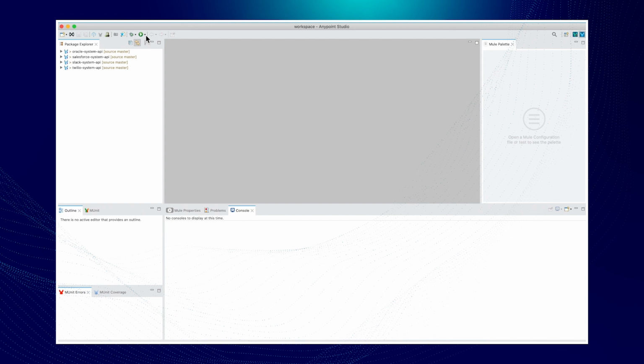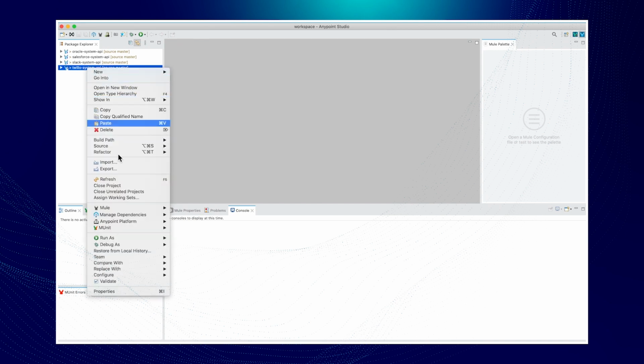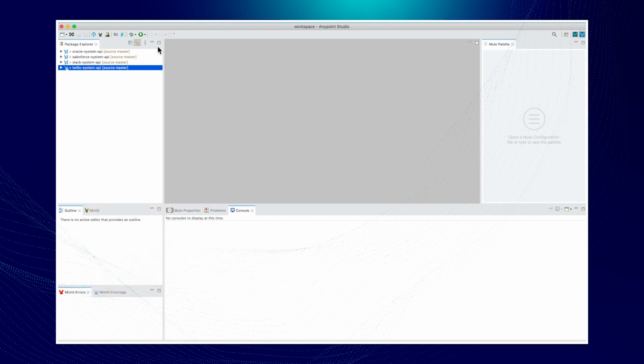And the last piece is the run configurations. Every time that you go on top of an application and click on run as mule application, this is going to generate a new run configuration every time. So over time, you might end up having hundreds and hundreds of configurations. Some of them might include different configurations, different properties that you might need. So if you are changing anything, you might even have copies of the same project as a run configuration. So in order to fix that, what I typically do is just click on run configurations,